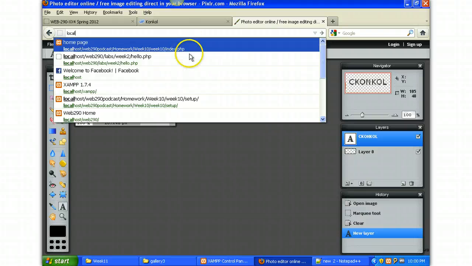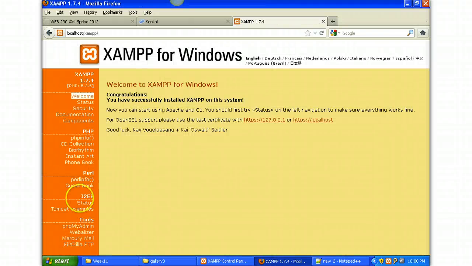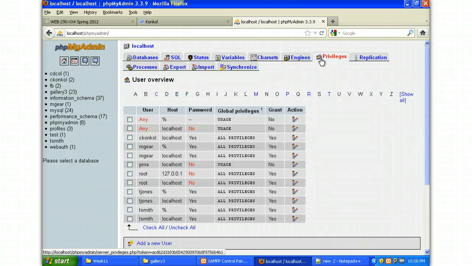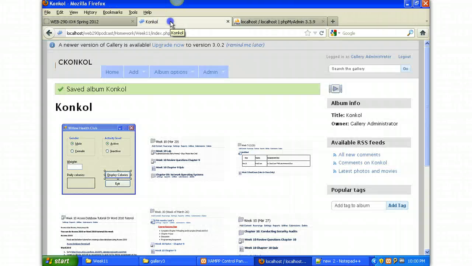In phpMyAdmin, you should have a username that has full privileges on your database. Here's mine here, cconkle localhost has all privileges. That's all you need. Once you browse out, you set up the username and password. Then when you log in successfully,